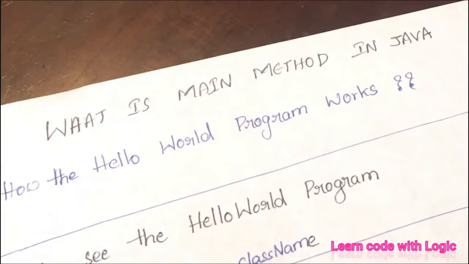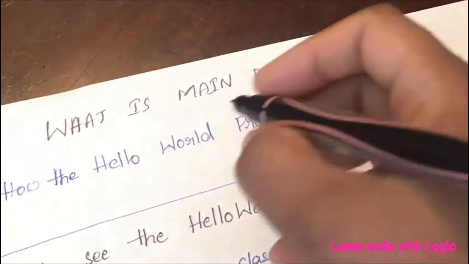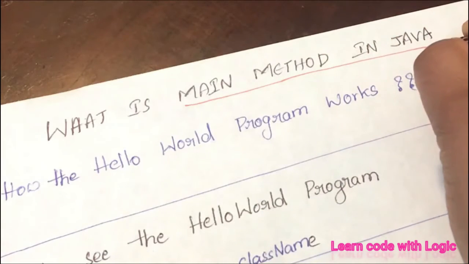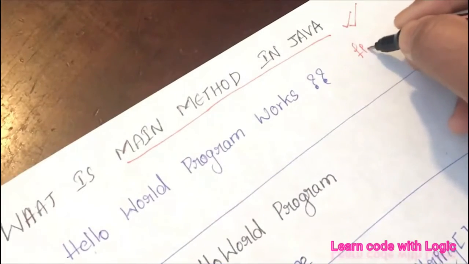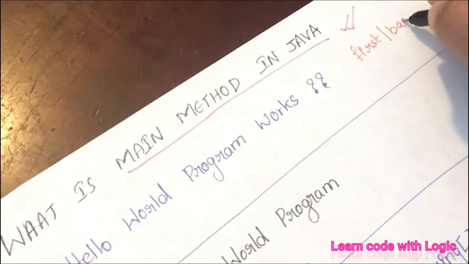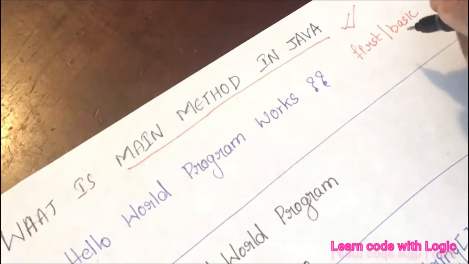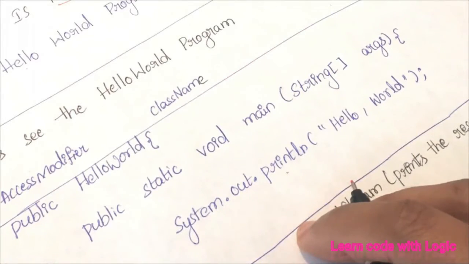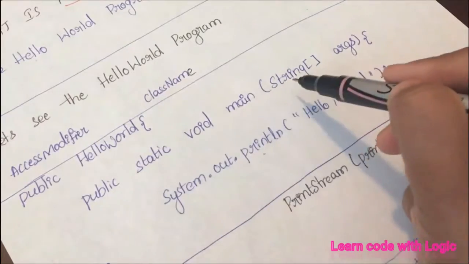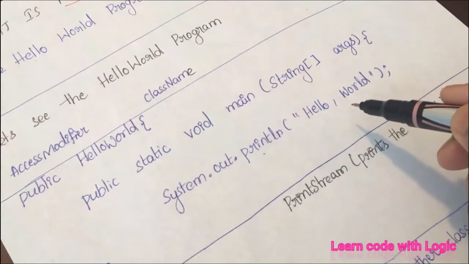Hi, welcome back to Java tutorials. In this tutorial, you are gonna learn about what is a main method in Java. This is the first and basic program in Java. Before we start writing and understanding other concepts, let's look into the basic program first. So here you can see public class HelloWorld and main method and one print statement here.